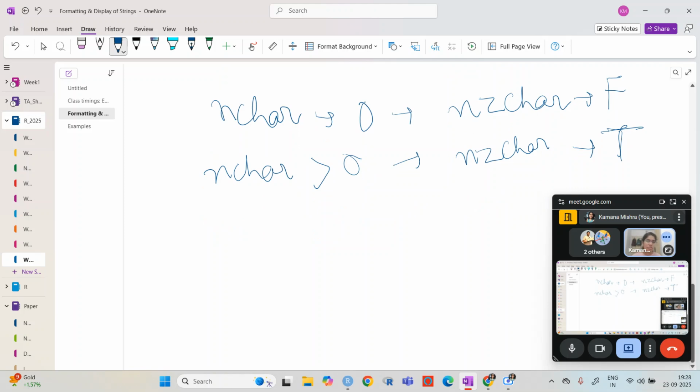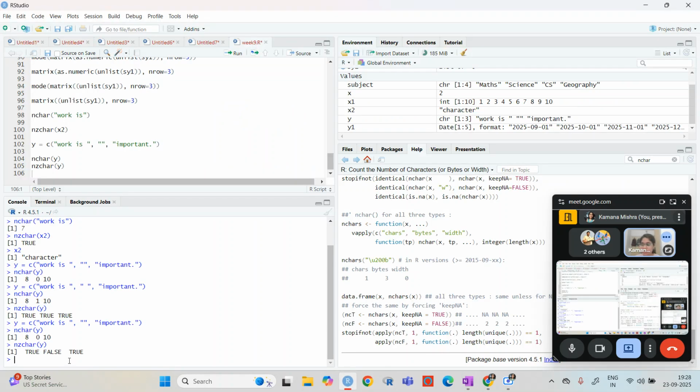Very simple. nzchar basically checks whether the number of characters is 0 or not, that is, whether the length is 0. So if there is no character, then it will be FALSE, otherwise it will be TRUE, right?